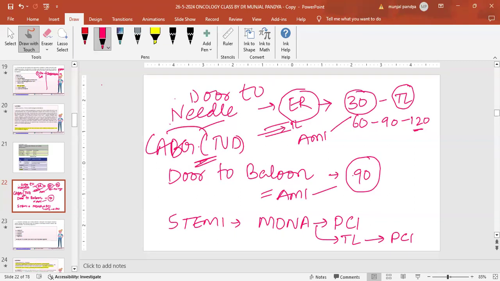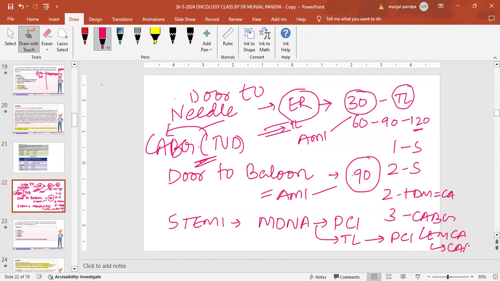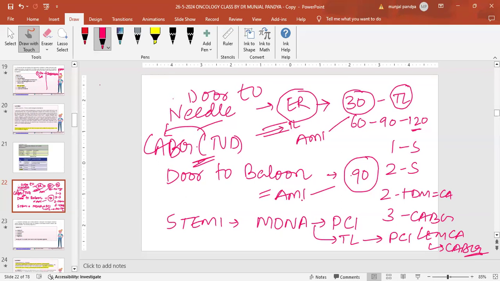So this is exam questions. If you have single vessel disease, you can do stent. If you have two vessel disease, stent. But if you have two vessel disease plus diabetes mellitus, better you go for CABG. If you have three vessel disease, it is CABG, and if there is left main coronary artery disease, it is CABG. There is no stent in left main. So these are the few indications of doing the stent and doing the CABG.